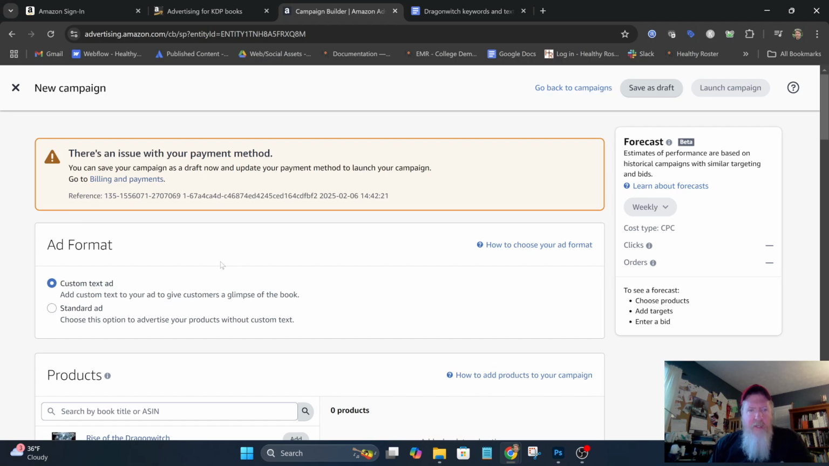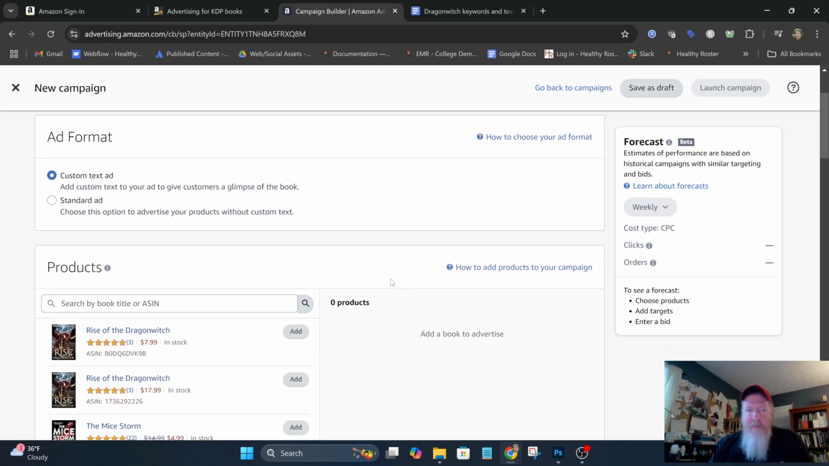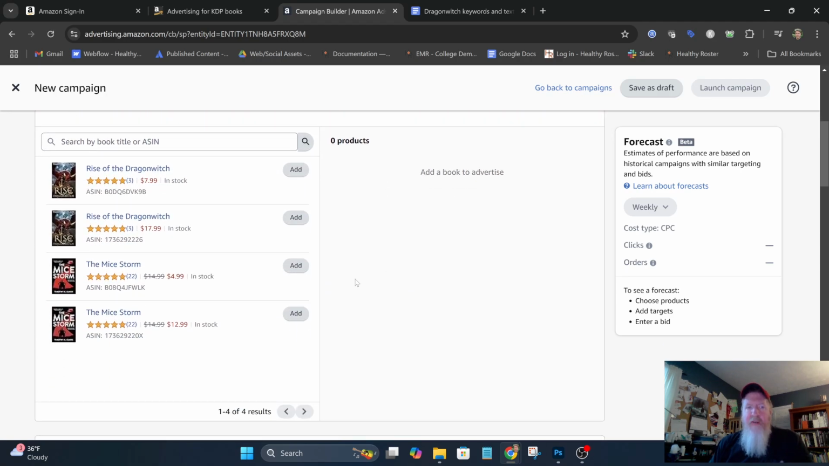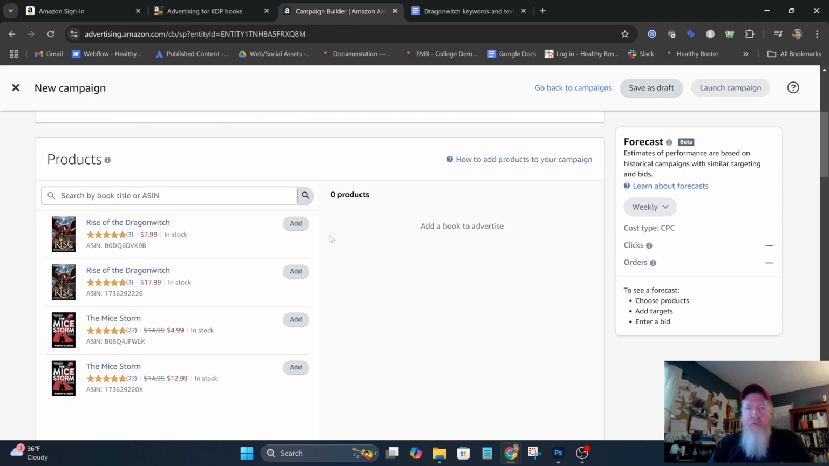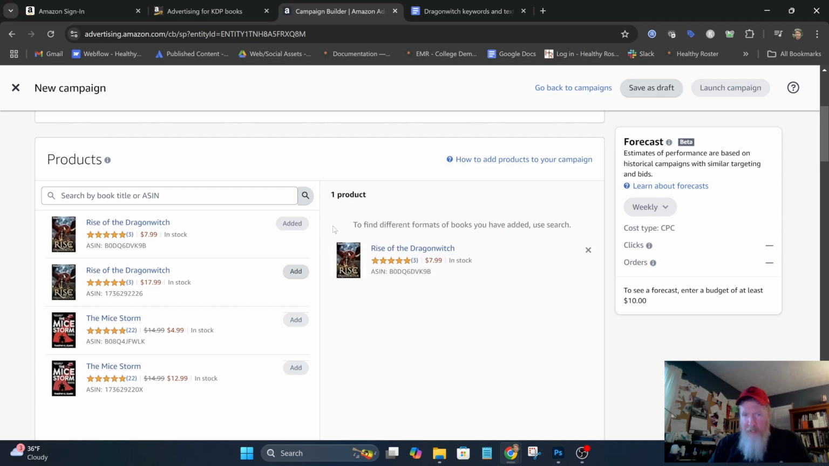Then the next thing you want to do is choose your ad format. Now, as you can see down here, it's got both of my Amazon books in here. So it already knows what the product is going to be, whether it's going to be my first book or my second book, both books. The ad format, which is choosing custom text or adding in just a standard text where you're not adding anything custom. So you want to go with the custom text ad. And then you want to choose which book you're going to advertise. In this case, maybe I'll just do my ebook version, the Kindle version of my new book, Rise of the